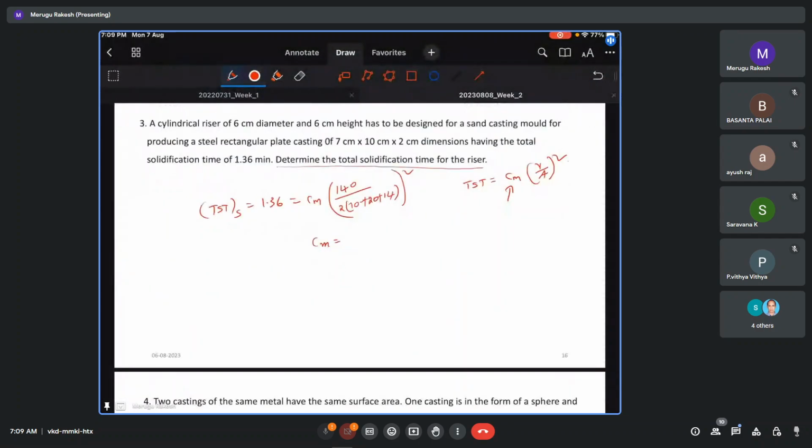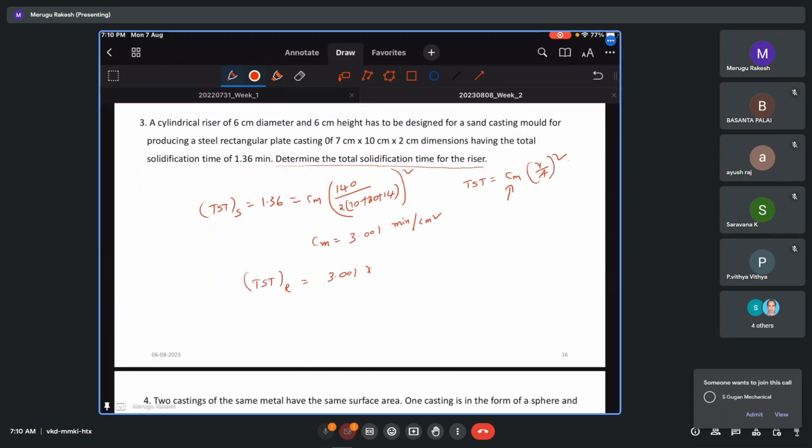Okay. So what I'm discussing here is to find the solidification time for the riser. Now we can find Cm directly. Cm is nothing but 140 divided by 2 times this. If I calculate this, I'm getting Cm as 3.001 per centimeter square. Okay, I think this is fine. Then let us calculate the total solidification time for the riser. So TST for the riser is 3.001 multiplied by